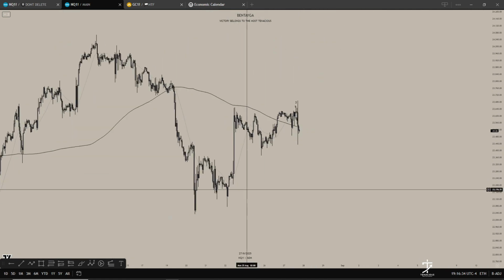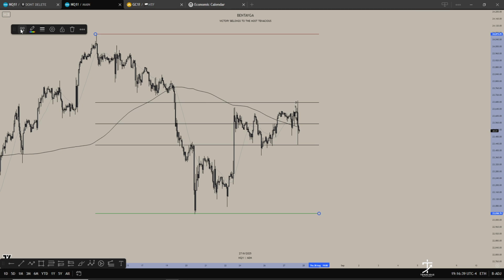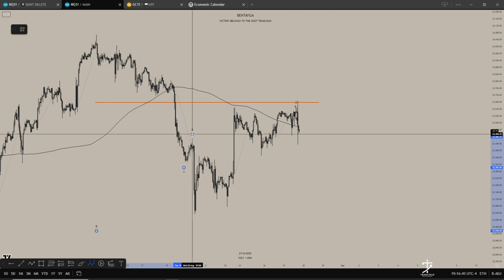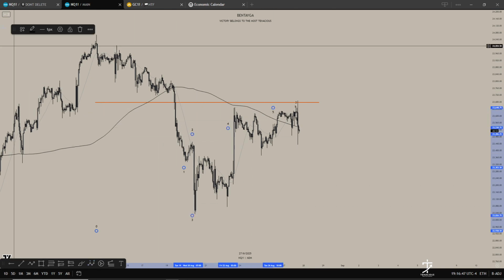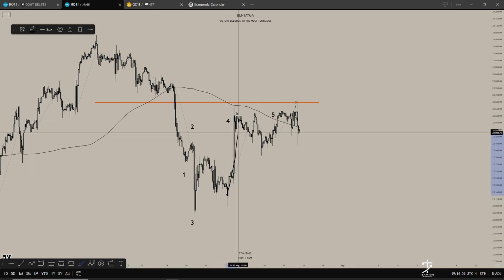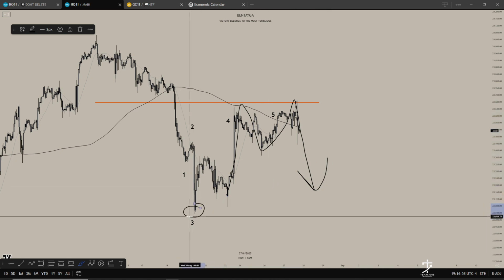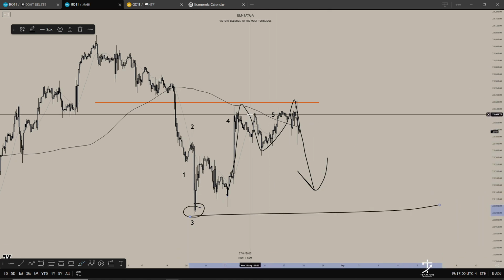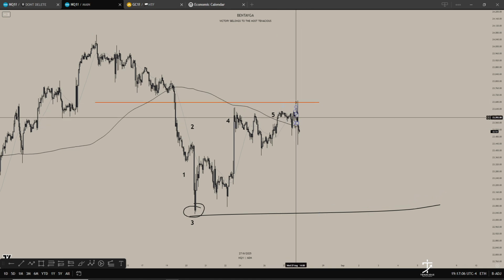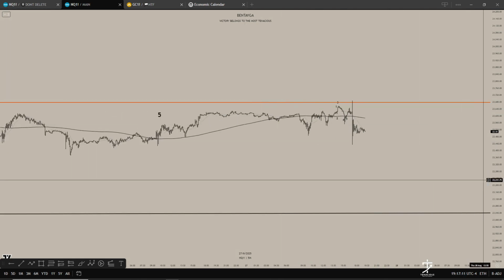Funny enough, if I drag my fib from this high to this low, now we do tap the 618. We do have that bigger time frame SBS 1, 2, 3, 4, 5. And you can even potentially say that this was the double bottom. So bang, bang, bang, and then now potentially we might be targeting these lows. I don't make the rules for this, but that could be the case. But in this situation, I have to wait for SMAs to get below based off my 1 hour time frame. On the 5, that's not the case.